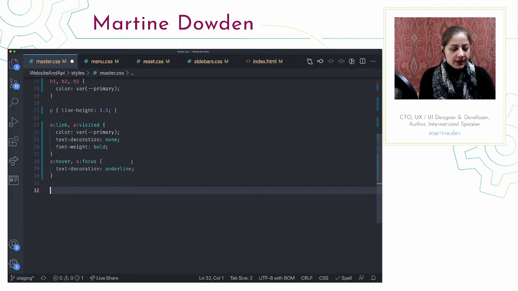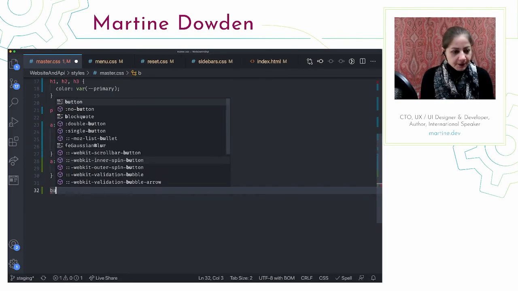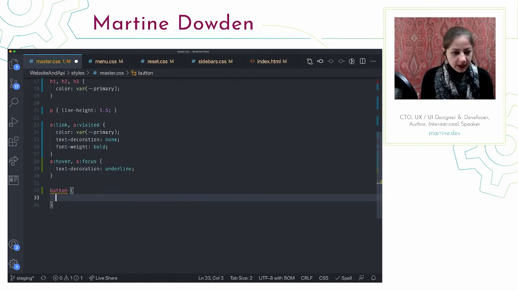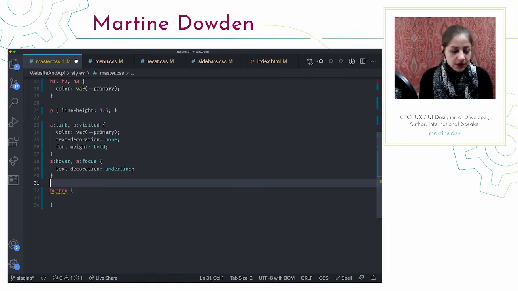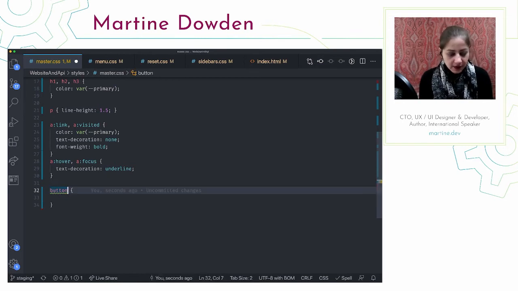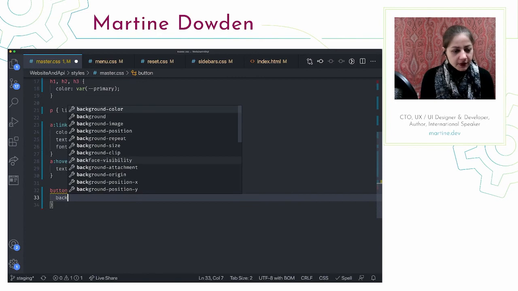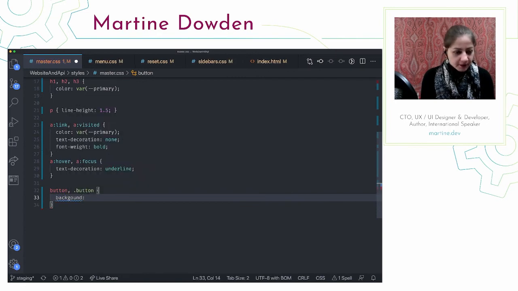So let's go ahead and say that we're going to have our button. And I want to restyle anything that's button. And I'm also going to do a class of button so that in the event that we should have a link that is functionally a link, but we would want it to look like a button, we can go ahead and do that. So let's write some base styles related to that. So we're going to do a background of none, because it has that gray background by default, right? So we could actually, you know what, I'm going to do a background of primary. We're going to use our primary color for this.